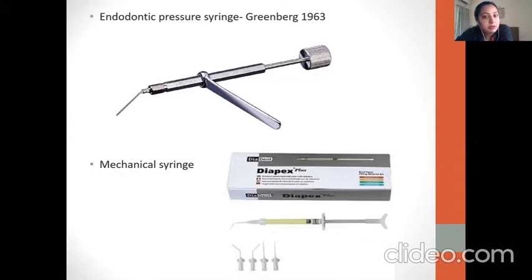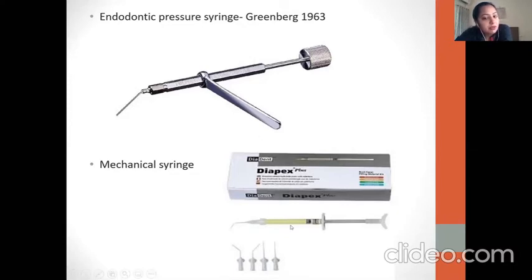If you mix calcium hydroxide powder and water together and place it into the syringe, when you give pressure, the calcium powder separates and only saline will go inside. Only the liquid will go inside. So it cannot be used for calcium hydroxide. So this was discarded. Not exactly discarded. Some people still use it, but only for zinc oxide eugenol.